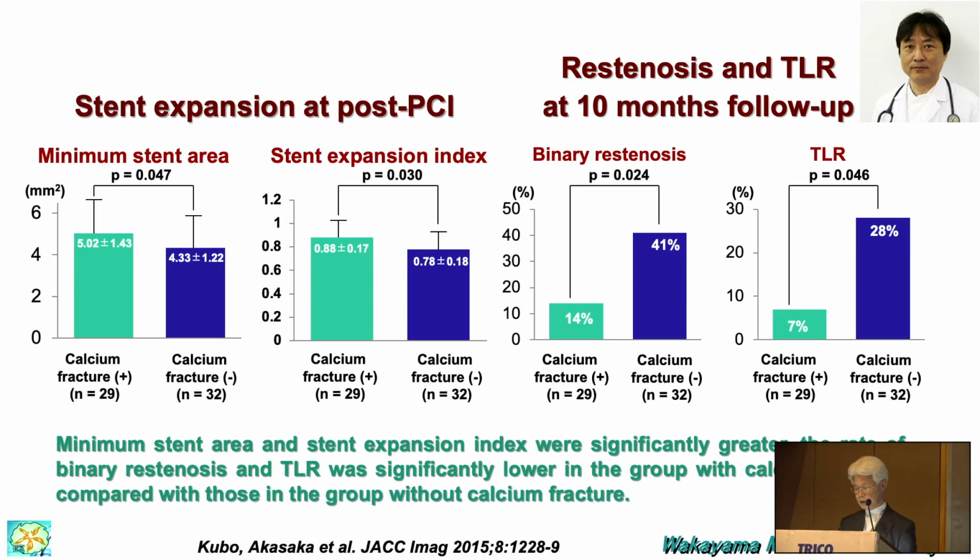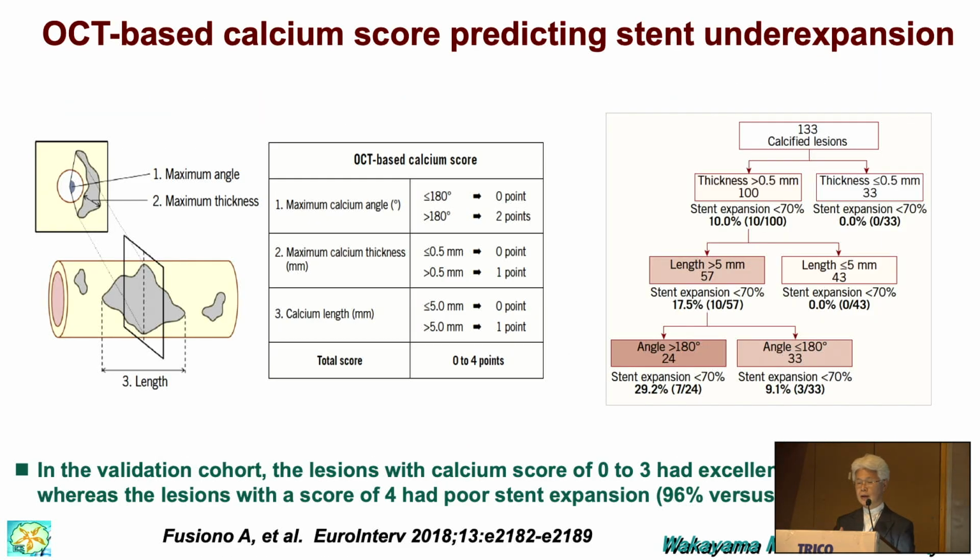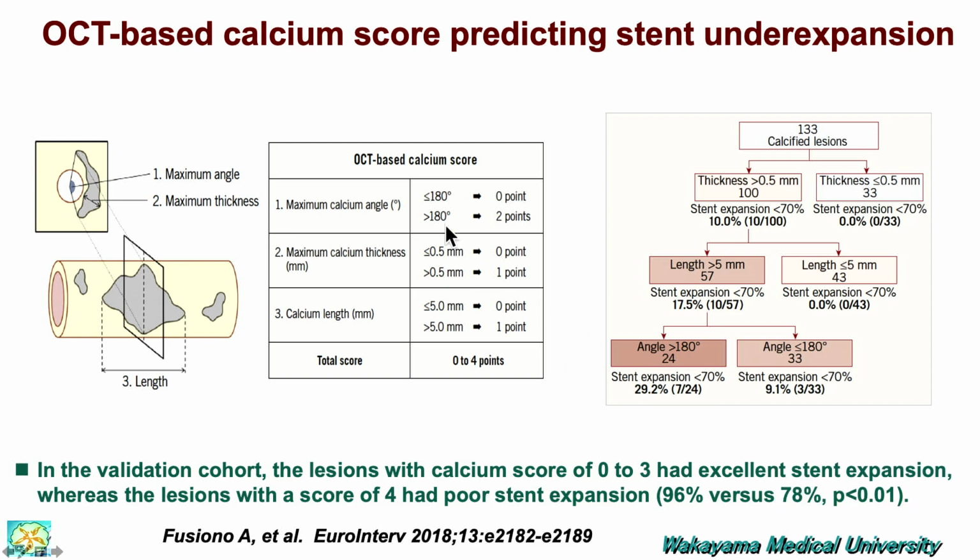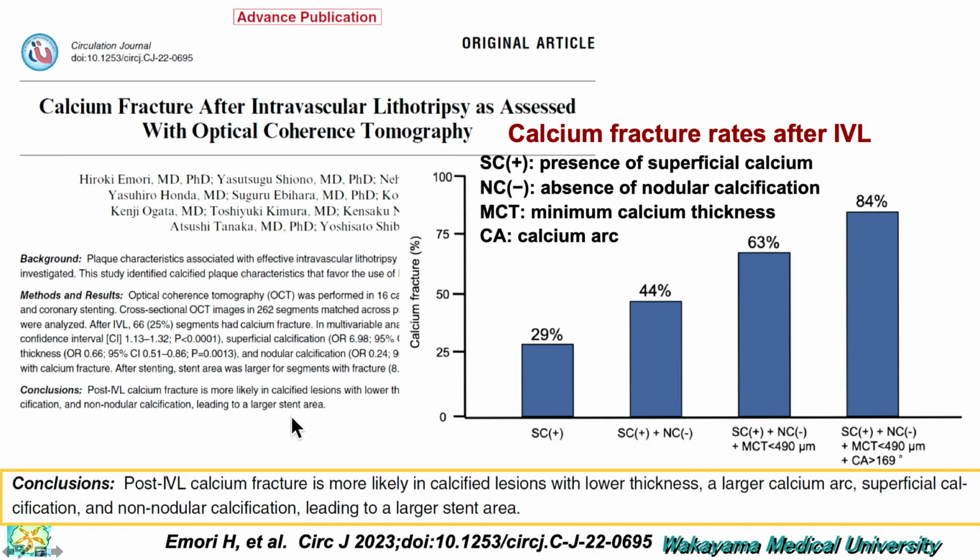And there is also, similar to IVUS, a scoring system using OCT based on the calcium angle, thickness, and length. Angle gets 2 points if it is more than 180 degrees, and 500 micron in thickness and 5 millimeter in length. And if the score is more than 3, you try to do modification by ablation or something, right? And this is